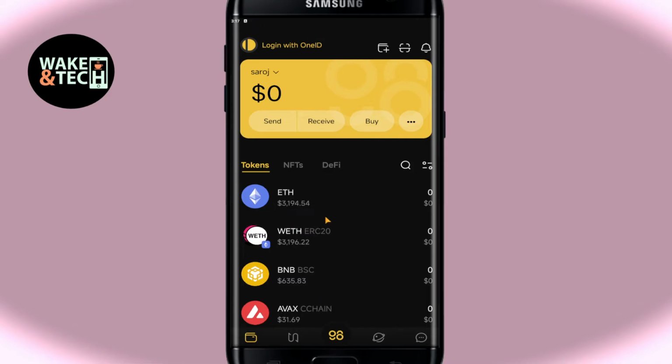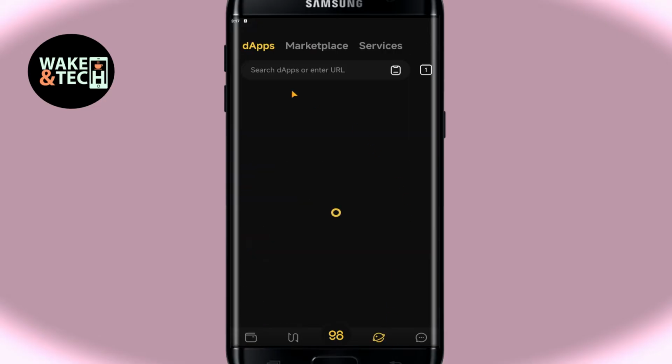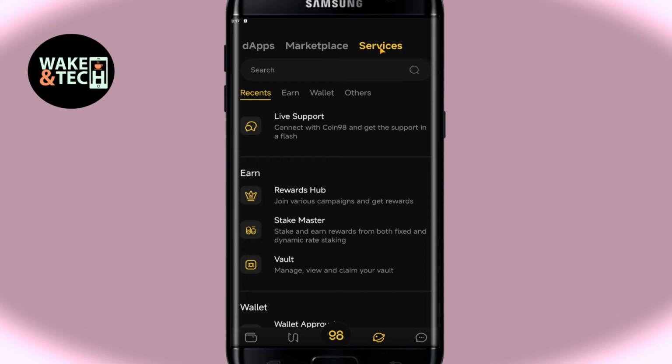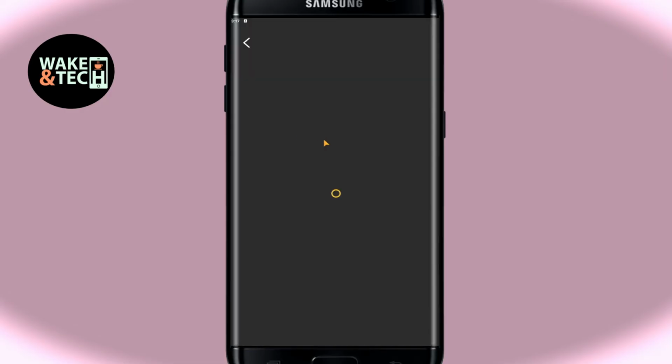Now, if you wish to contact the support, just tap on the browser icon at the bottom right corner, which will now open up the D-Apps page. From here, tap on Services, and you will now be able to find the live support option. Go ahead and tap on it, and from here, you will be able to connect with the live chat support